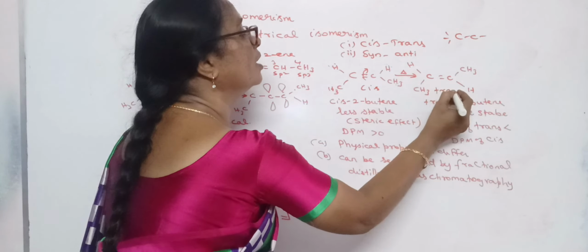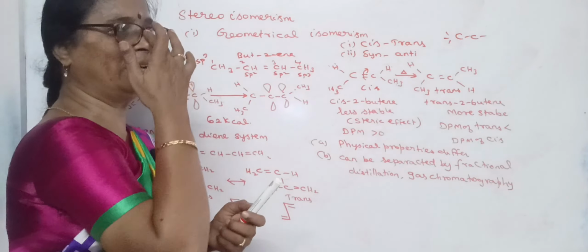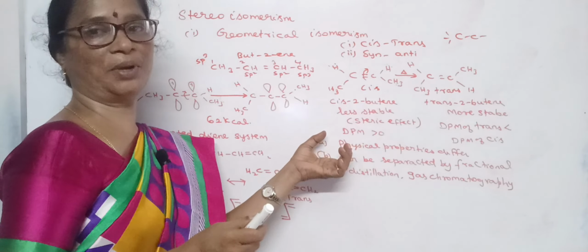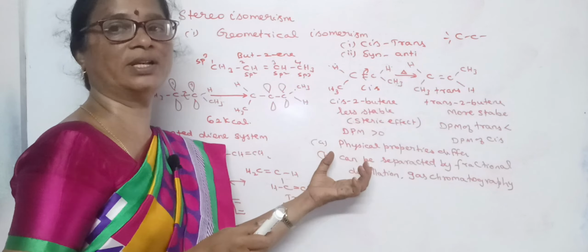So they have a great steric effect. Because of the steric effect, the molecule becomes less stable. But in this case, the bulky groups are diagonally opposite to each other and the molecule is free from steric effect. So the trans form of geometrical isomer is always more stable. Then, what about its dipole moment? This cis isomer has high dipole moment. Dipole moment is nothing but the product of charge separation and distance between the two charges. In this case, when the molecules are differing in